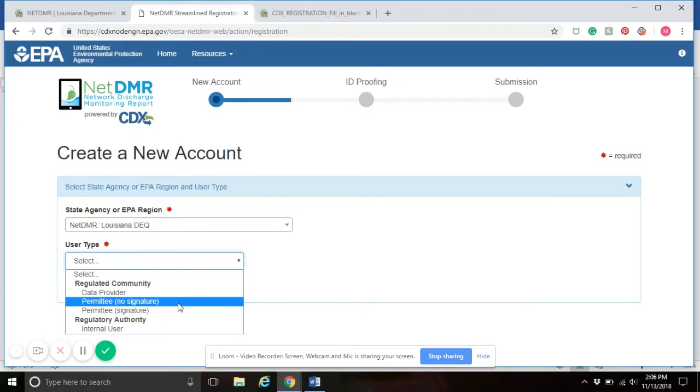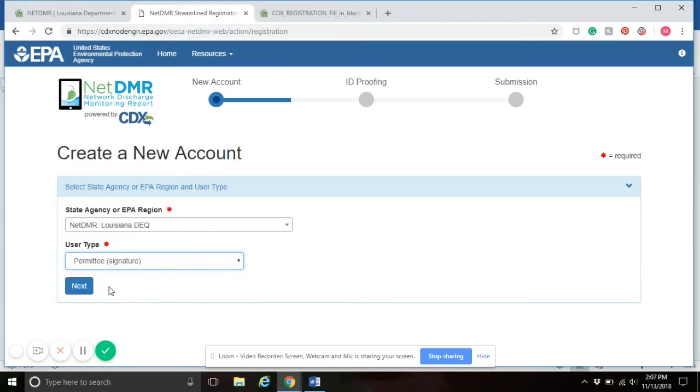But if you are another employee of the facility or a supervisor or somebody that does not make the decisions, then you would need to do the permittee no signature, and you would have to have your boss or the owner of the facility have their own account and be the permittee signature, and they can grant you access rights, but you would have to do that later. And then if it's a lab, you're only a data provider. So for our sake today, we're going to do permittee signature. Then you click on next,